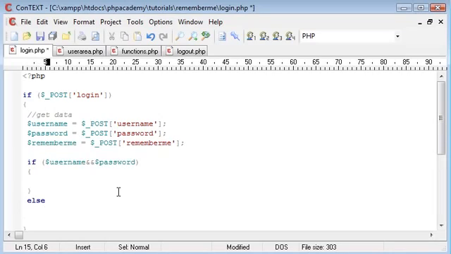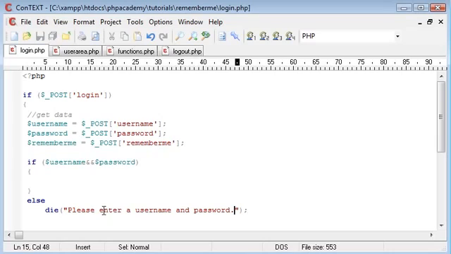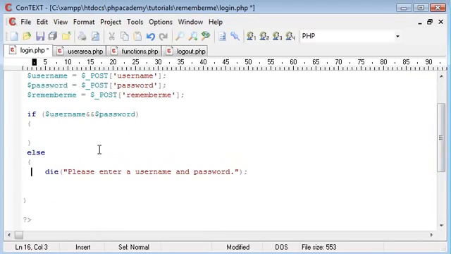And then I'm going to say otherwise, what we could do is we'll just say die. We'll kill the script and then go "please enter a username and password". Okay, and the user will have to hit back because we've killed the script, and none of this will be executed. For security reasons, what we can do is also issue the exit command so the rest of the script isn't processed,